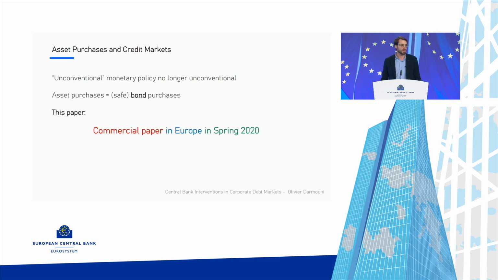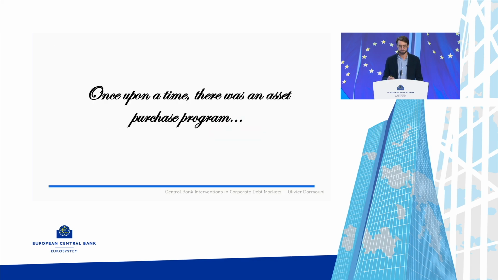I think the paper of Johannes and Glenn is really interesting in thinking about the entire cycle. Specifically, I'm going to try to tell a story, trying to see exactly how asset purchases work. So once upon a time in Frankfurt, there was a small asset purchase program. And when I do that, I'm going to use sometimes a broader and bolder statement, perhaps, than Johannes and Glenn can when they have to write a serious academic paper.